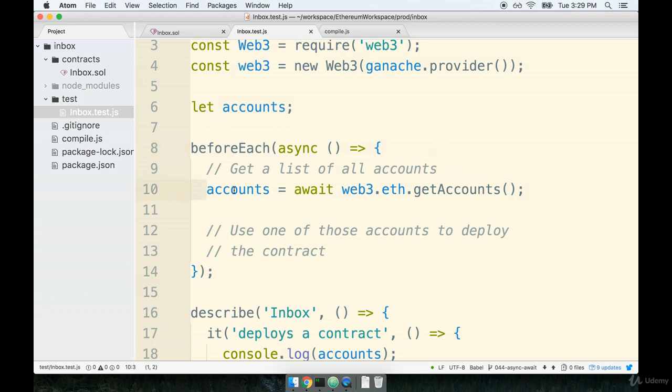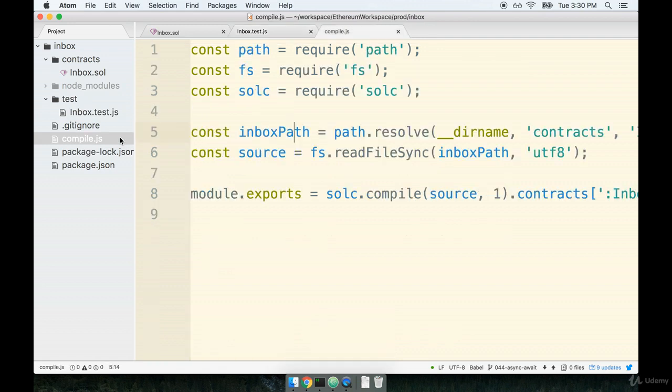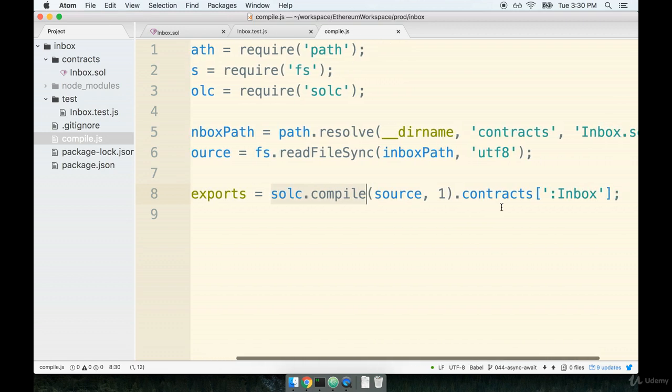We've got our list of accounts, which means now it's time to actually use one of those accounts to deploy the contract. To deploy the contract, we need to get access to the contract's bytecode that has been produced by our compile.js file. So here's compile.js right here. Inside of it, you will recall that we used the Solidity compiler to compile our contract, and from this file,